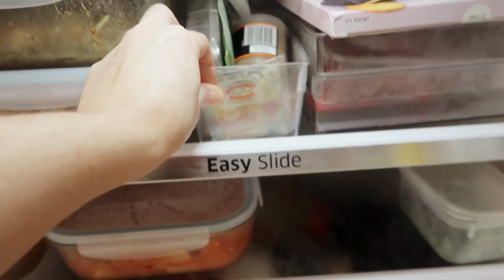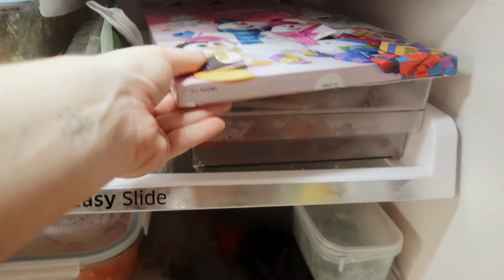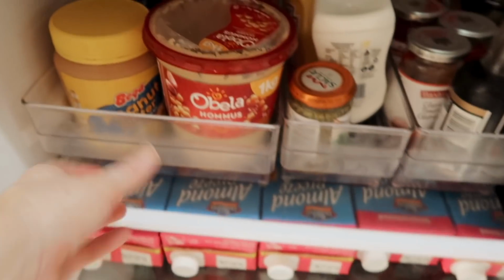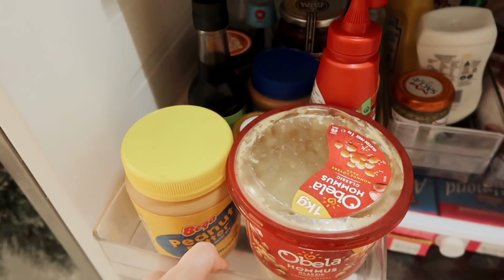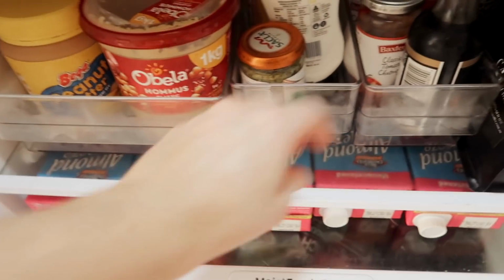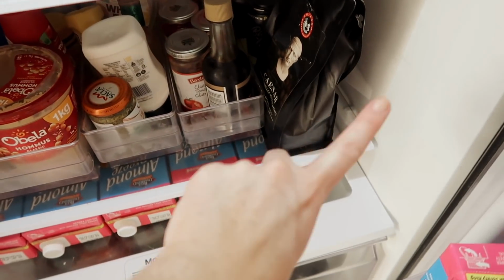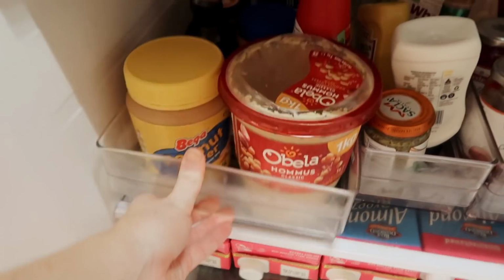This is all of the herbs and spices. Luke has lots of those. This is for snacks. It's currently covered by my advent calendar that my friend got for me. She's an angel. And this is for more meals. Here we have our little first sauces and random spreads drawer. And we have 2 others. I probably could do with another one over there and then move this somewhere, but probably this is the biggest